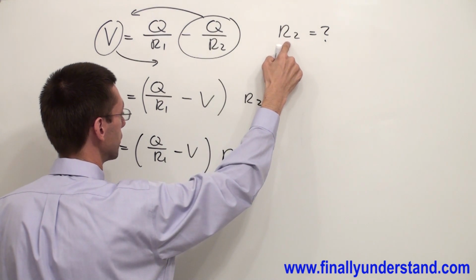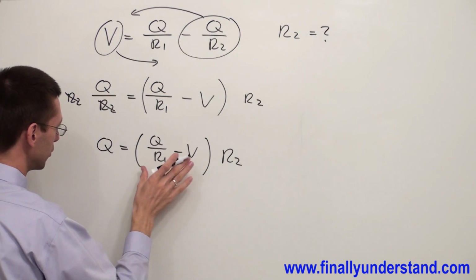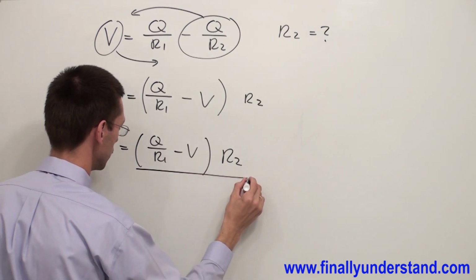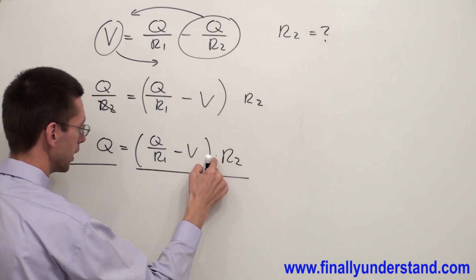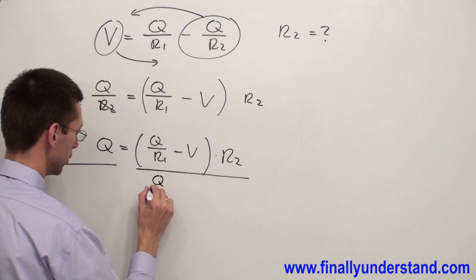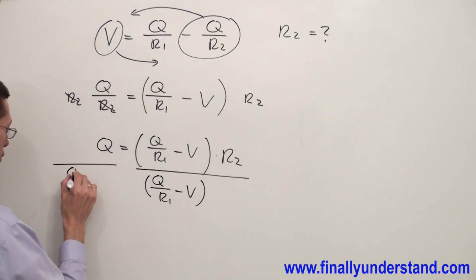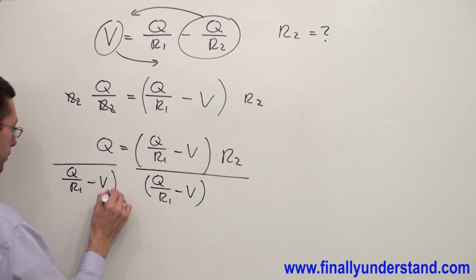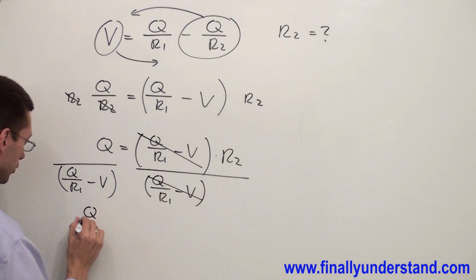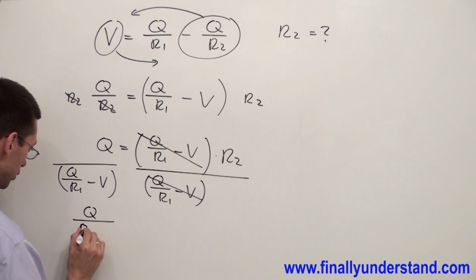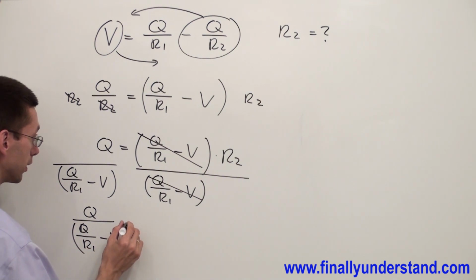We're looking for R2. I do not want to see anything multiplied by R2. I have these parentheses, and I don't want to see them next to R2. So what I'm going to do is divide both sides of the equation by the parentheses. Why? Because I have multiplication, and I want to eliminate this multiplication. So I have q over R1 minus V, and I have q over R1 minus V. This and this will cancel out. And I have q over R1 minus V equals